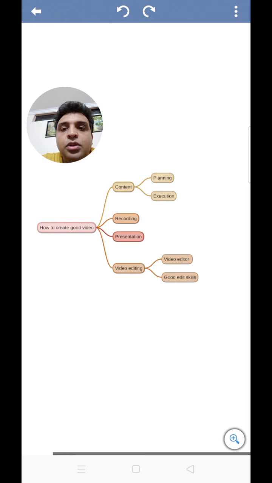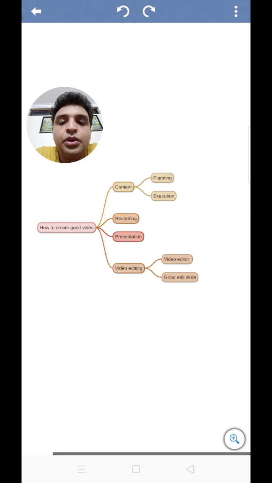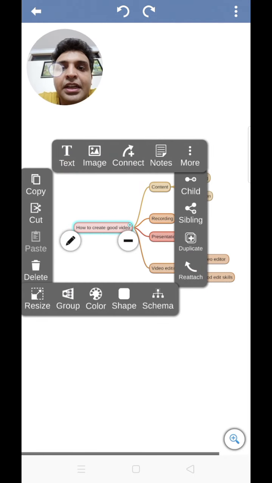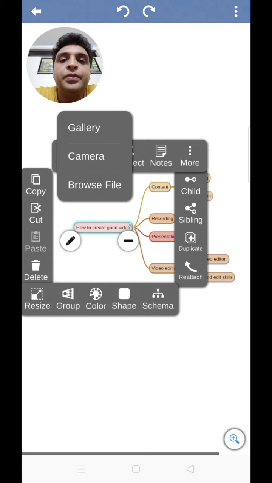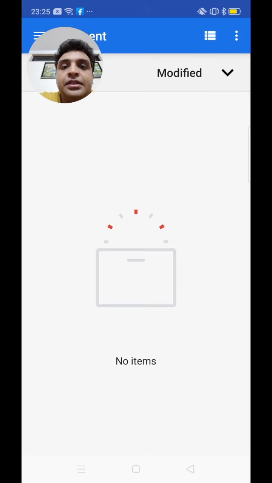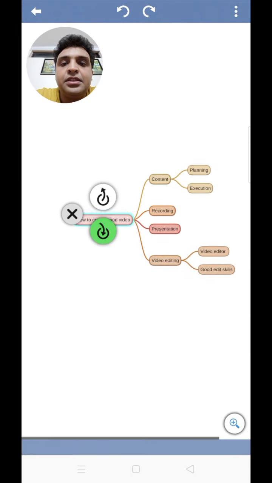Now this is my mind map basically ready, but I would just want to show you some more fields as well. So I'll click here and then I'll explain what exactly we have. Text, obviously you know it is for editing text. Image is nothing but, you see in his first column Purushottam had his photo along with the mind map. So we can add it like this. You just have to click on gallery and then select whichever photo you have. I'll select this for an example.